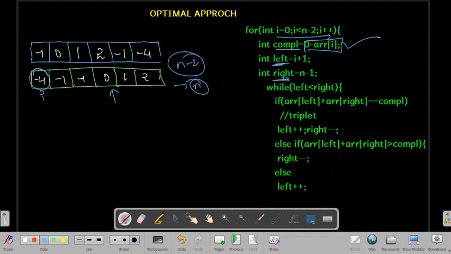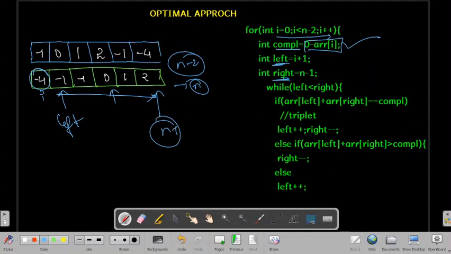Because my ith is -4, I can only use this set of numbers. So I'll assign left as i plus 1, and right as the last index, that is n minus 1.